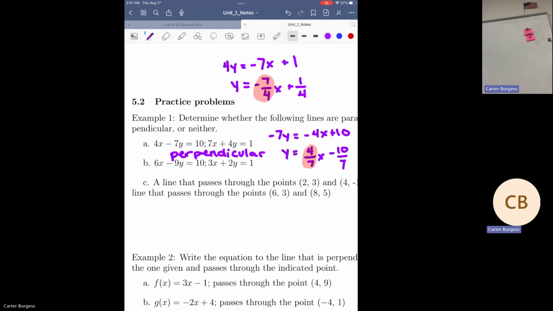So notice here how one of them is negative, one of them is positive, and how one of them is like the flipped upside down version. If they're the same, then they would be parallel. If they're this flipped upside down version, and one's negative, one's not, then they're not. So can we simplify? Yes. So try simplifying these other nine and then see if they look